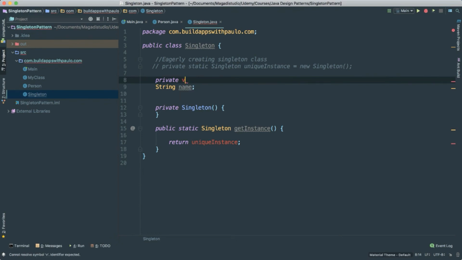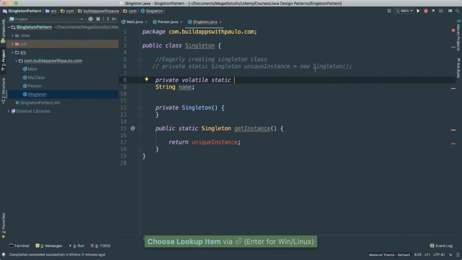I think it's volatile. So volatile, what the volatile keyword does, it ensures that multiple threads handle the unique instance, in this case variable, correctly when it is being initialized to the singleton instance. Okay, so just think of this as a way for us to say, make sure that if multiple threads are happening, then the unique instance variable is going to be handled correctly with no issues. And then I'm going to say static, so it's going to be the same instance variable that we created here, and I'm going to say singleton